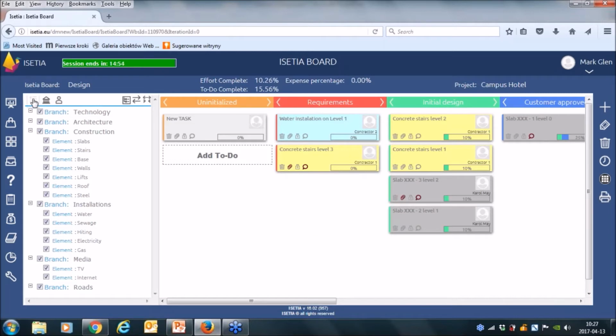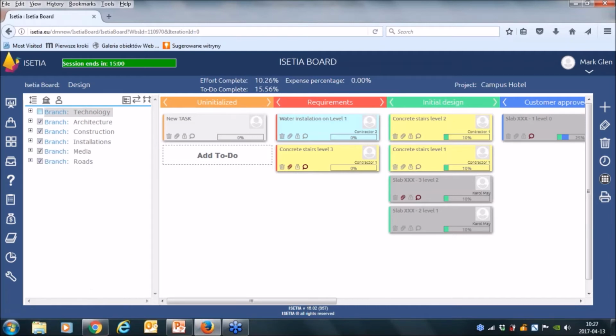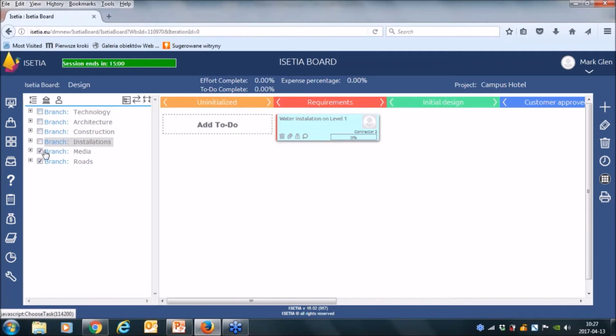To make it a little bit more visible, I can take some data. Okay, so what is the ISETIA board?